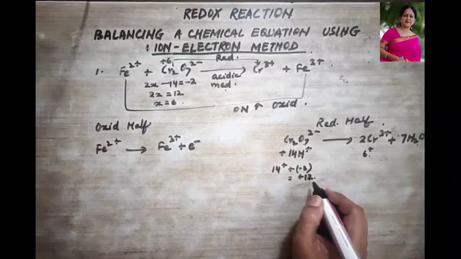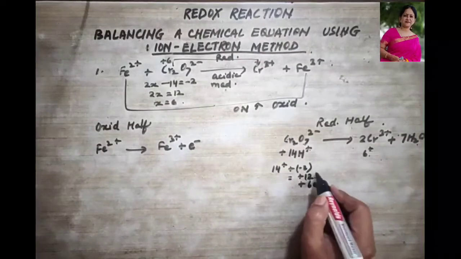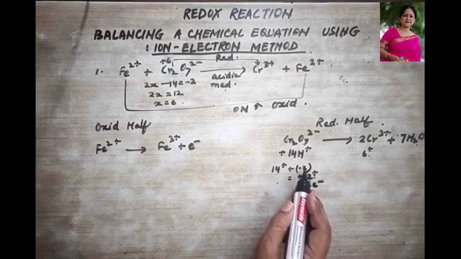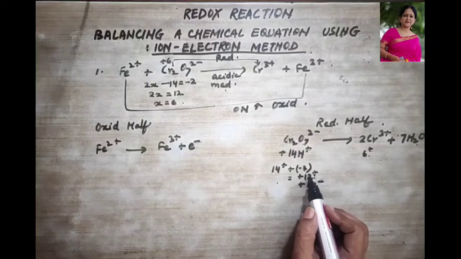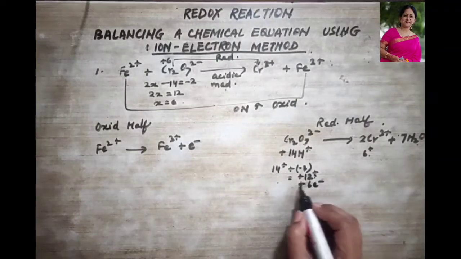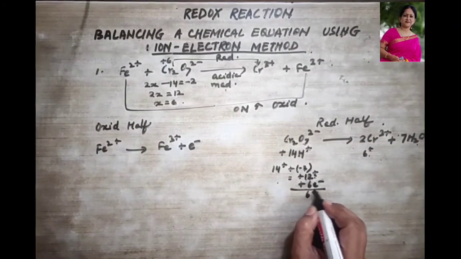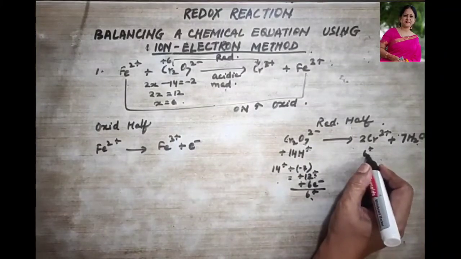So if over here we are going to add 6 electrons, this is 12 protons. Okay. Positive charge is more than the negative charge. So over here, if there are 12 protons, we add 6 electrons to it. What are we left with? We are left with 6 protons. Protons are balanced to one another.